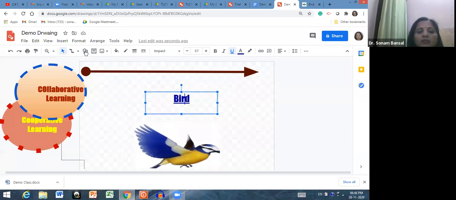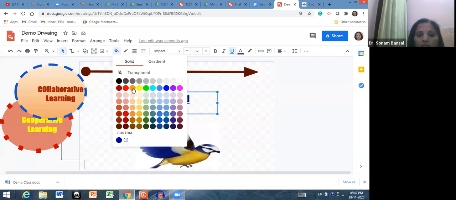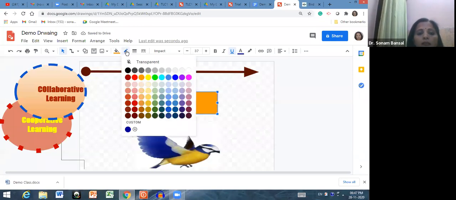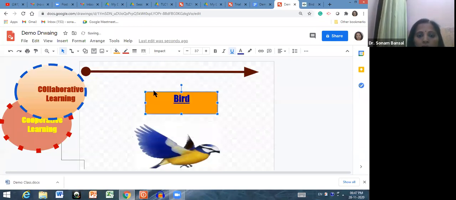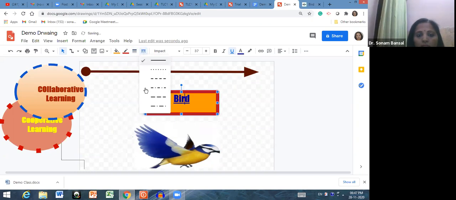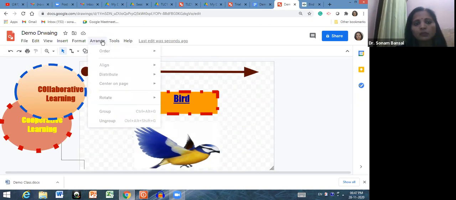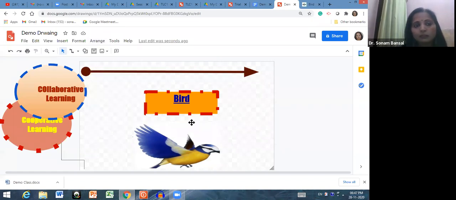You can insert images, you can insert shapes, you can insert text. You can fill color. Let me click here. Let me fill this like this. You want the border color, click here and the border color will be there. You want to change this line, then you can do the changes like this. So this is how you can adjust your content, adjust your text, you can arrange your material in a chronological order. If you have done a chronological sequence over here, then you can do that also.